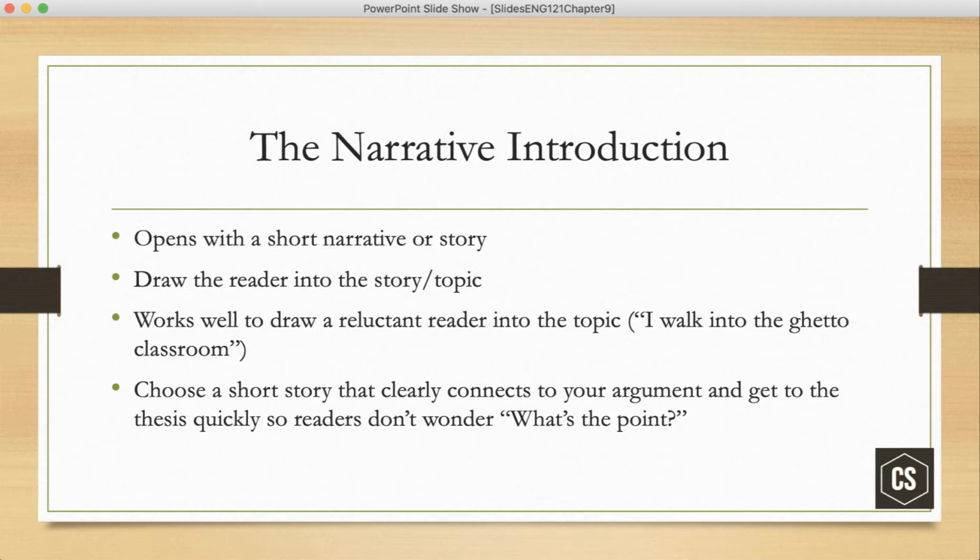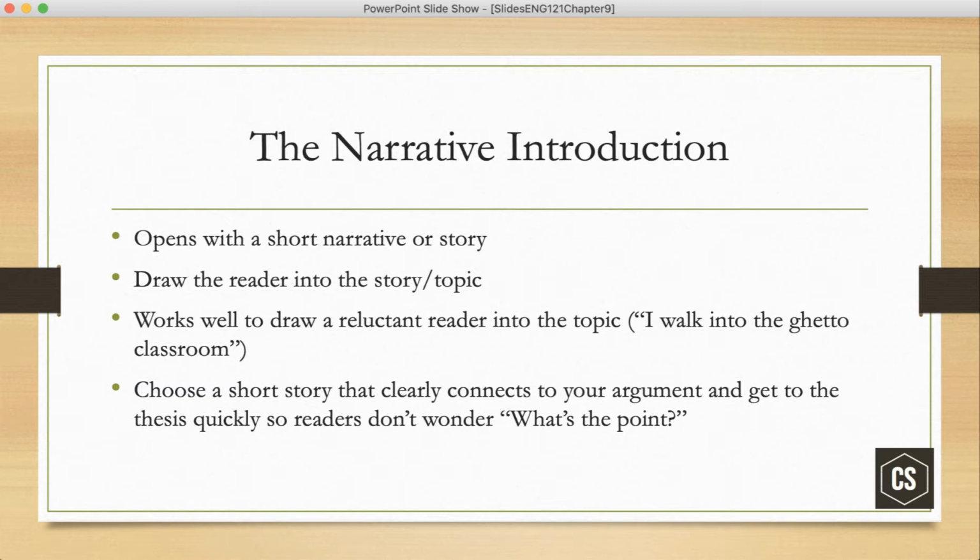The narrative introduction: creative writers tend to default to this one. It's opening with a short narrative or story to draw the reader into your topic. It works well to draw in a reluctant reader. There's an essay we sometimes read in my class called Scholarship Boy, and the very first line is, "I walk into the ghetto classroom." That's a very intentional